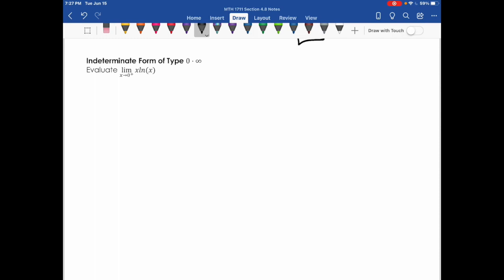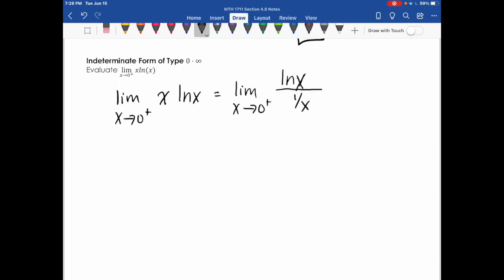So one of the tricks that you can use is you can try to rewrite this algebraic expression and use the tools that you learned in college algebra on how to manipulate expressions in order to rewrite it in a form that we can use L'Hopital's rule. So here's one trick. If I rewrite this, instead of leaving it as x natural log of x, I'm going to rewrite this as natural log of x over